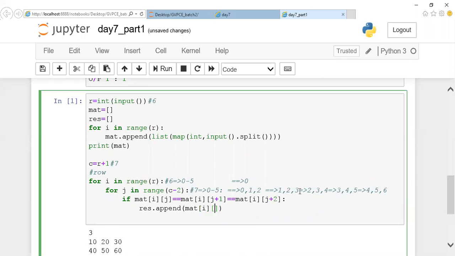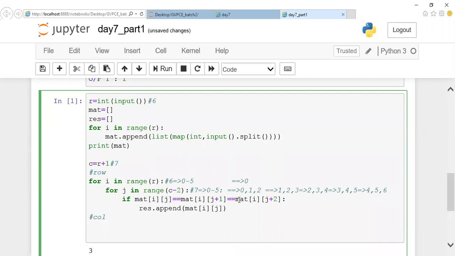Guys, is this row clear for everyone? Row condition is clear for everyone. Do you have any doubt on it? Shall I move on to the column condition, guys? Clear, right? Okay. For column condition again, we are going to go ahead with the column iteration. For column iteration, you're supposed to optimize your row.